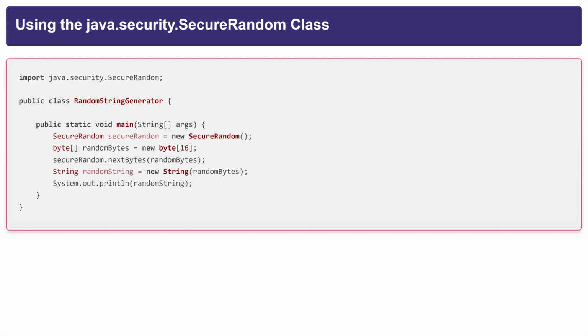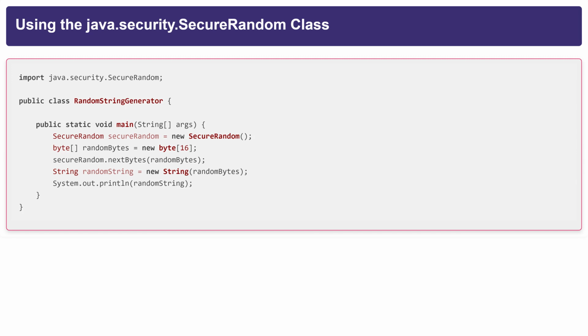We can generate a random string using the java.security.SecureRandom class. Here is an example code snippet. import java.security.SecureRandom; public class RandomStringGenerator { public static void main(String[] args) { SecureRandom secureRandom = new SecureRandom(); byte[] randomBytes = new byte[16]; secureRandom.nextBytes(randomBytes); String randomString = new String(randomBytes); System.out.println(randomString);